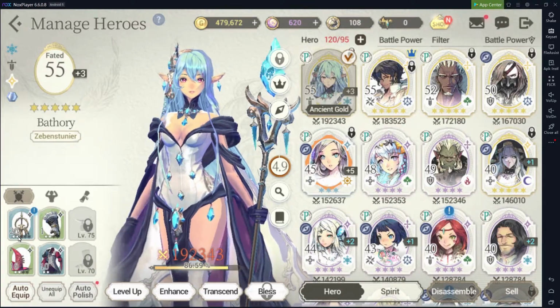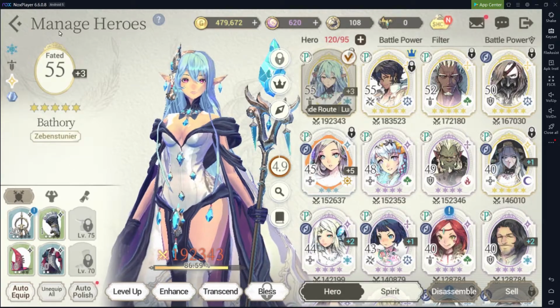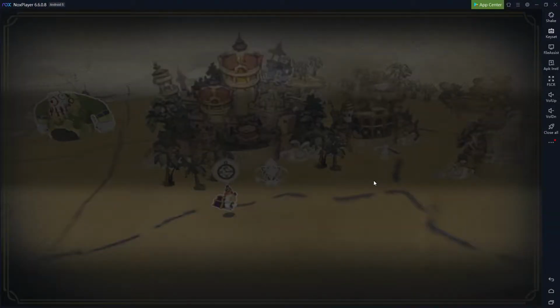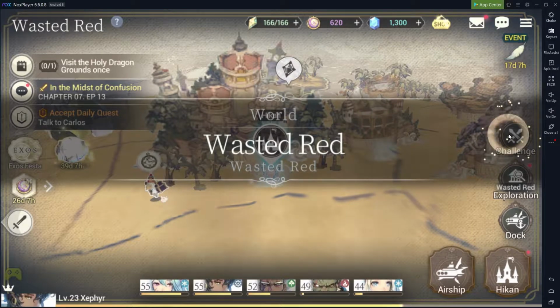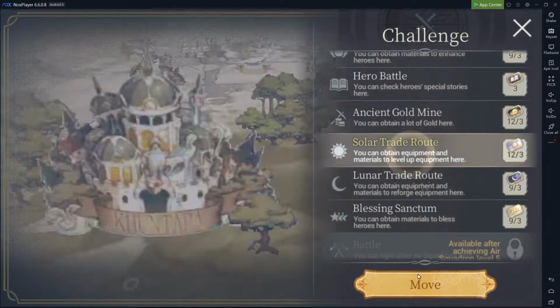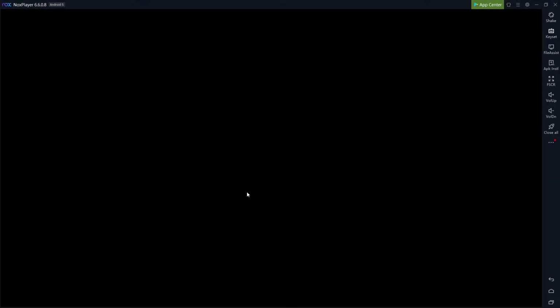Another thing, this goes with resource management, which will help you progress quicker, is save your tickets in everything, right? For all the challenge dungeons. So for the lunar and the solar, right, which gives you gear, don't just do them right away. I have a bunch of tickets because honestly, this